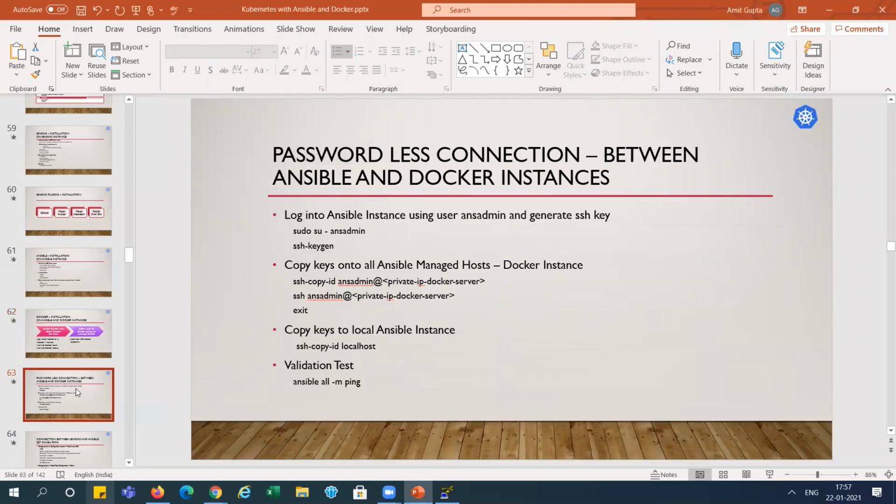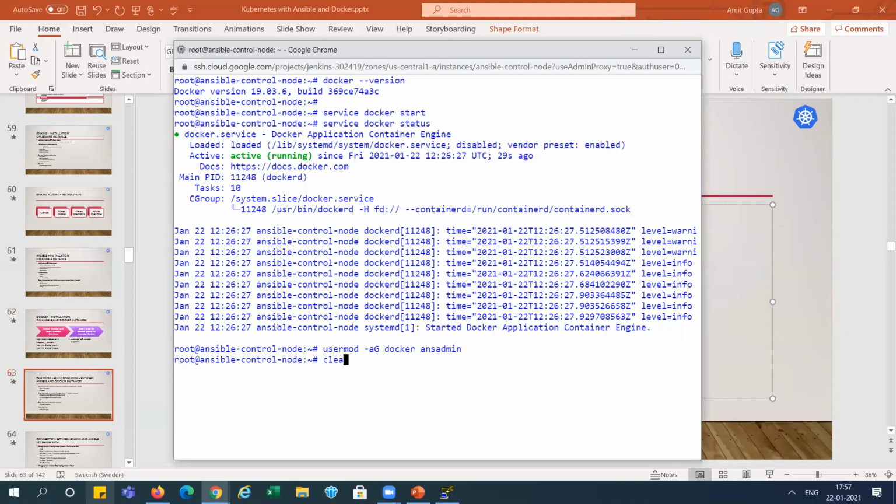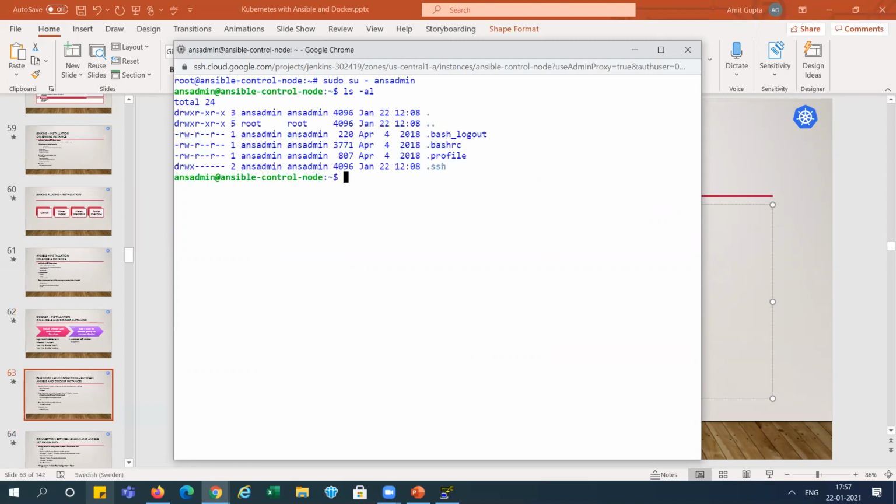Now we need to create the passwordless connection between the Ansible and Docker. So we need to generate the key in the Ansible system. So we are logging in with the Ansible system. You can see here ls minus al. We have the .ssh folder. We don't have any key, only the authorization key.